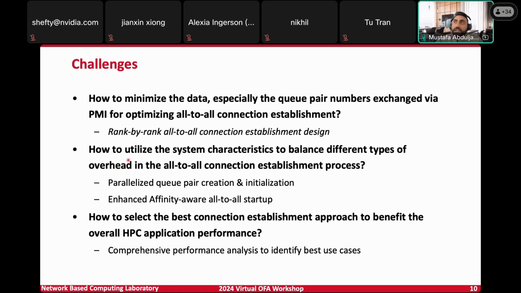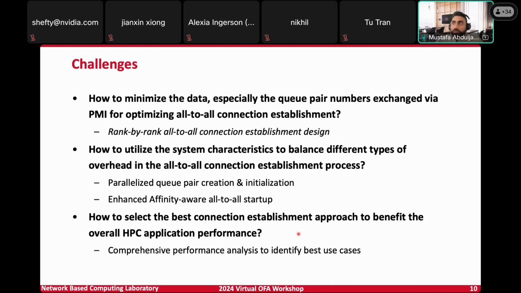And another challenge would be how to utilize the system characteristics to balance the overhead during this actual connection establishment. So as I mentioned at the beginning, we had nodes featuring so many cores. So how can we utilize these cores in an efficient fashion to help us even with the connection establishment itself? And last but not least, how to select the best connection establishment approach to benefit the overall HPC application